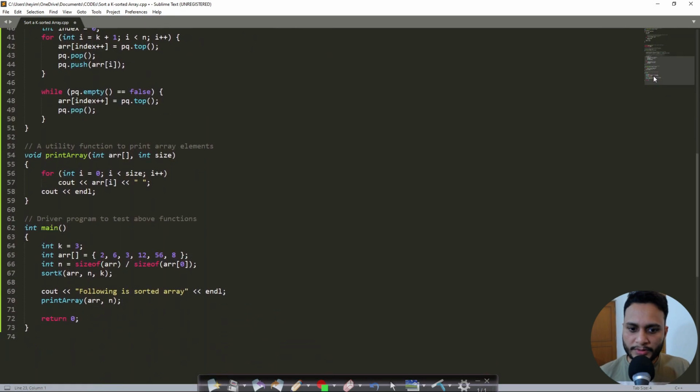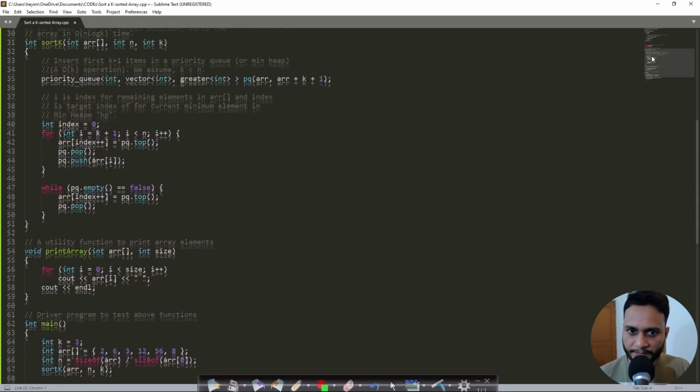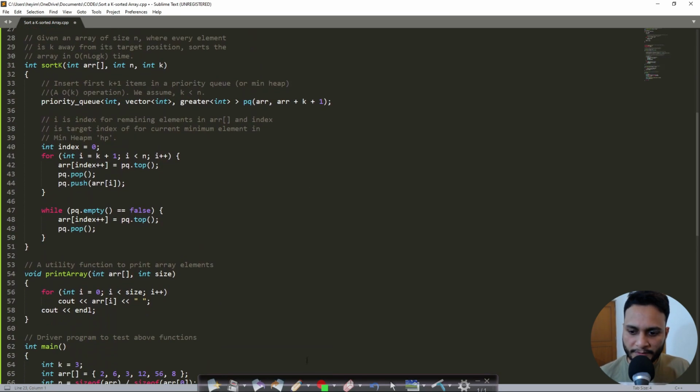Now coming to this heap technique. In this heap technique as well, an array is given. This is the k sorted array. This is not a normal array. Okay, this is a k sorted array, and now it will call this sortK function. Okay, and after sorting it will print the entire array, which should give the elements in ascending order, right? So let me just show you how to do this sortK. So this is the sortK function. In this case we are getting this array as well as the size of the array and the k value.